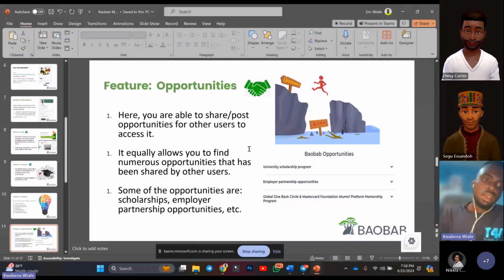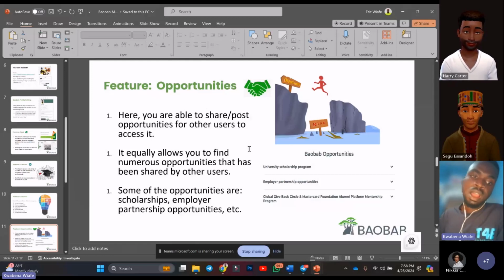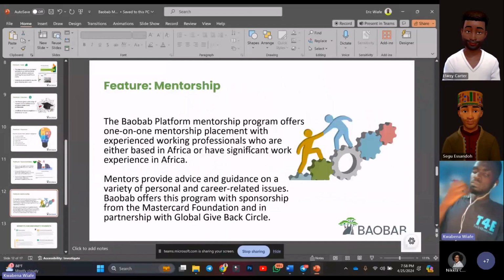So, you know, no man is an island, right? So you have to connect with people, and sometimes the opportunities that I see, people share, and sometimes I take advantage of it. So you can get opportunities like scholarships, employer partnership opportunities on Baobab as well. There's another amazing feature on Baobab. The Baobab community has grown to a certain point that they are offering mentorship programs where other African professionals,